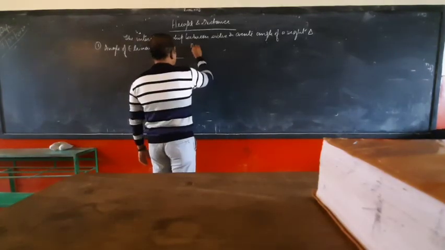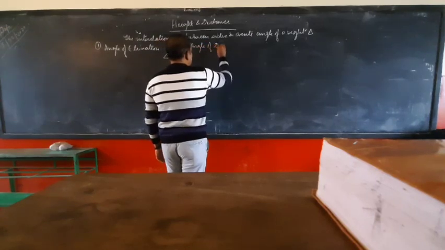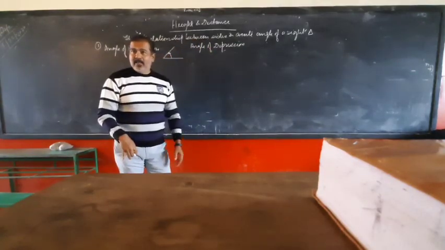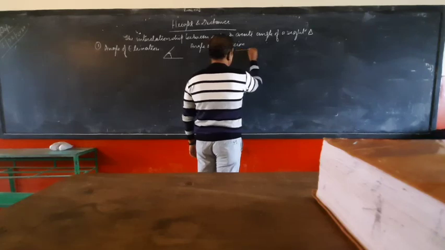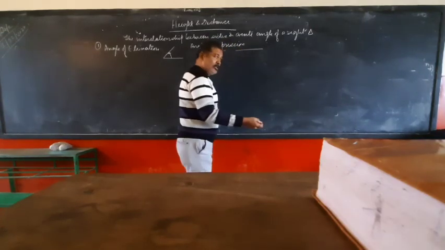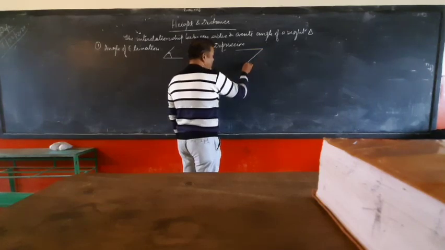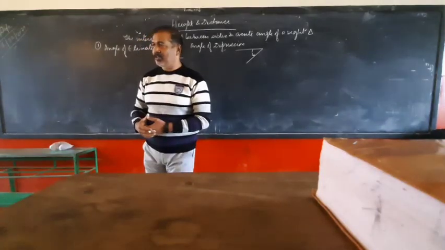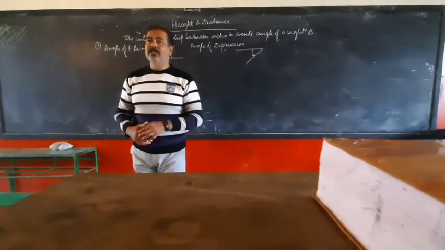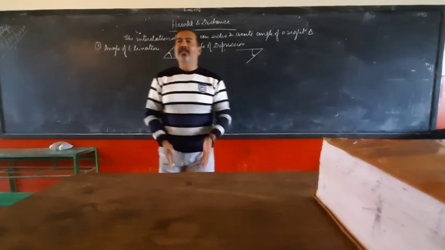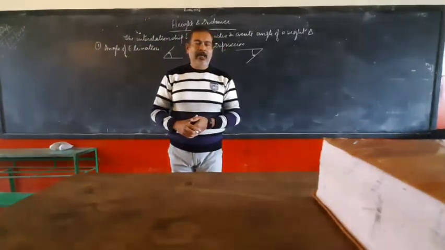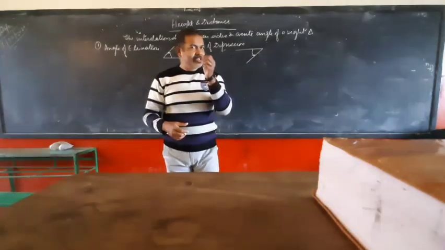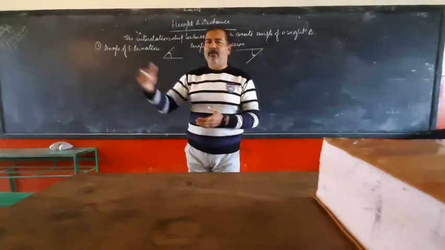Then the second term you have is angle of depression. Depression माने नीचे जाना बच्चों, ठीक है ना? So here you have to take an imaginary line and the other side of the angle falls downwards, तो नीचे की तरफ जाएगा. For example, suppose you are standing on your roof. You have a device to measure the angle, and just in front of your house there is a straight road. You see that one of your friends is coming on a cycle or motorcycle, and he is standing at some distance from your building.